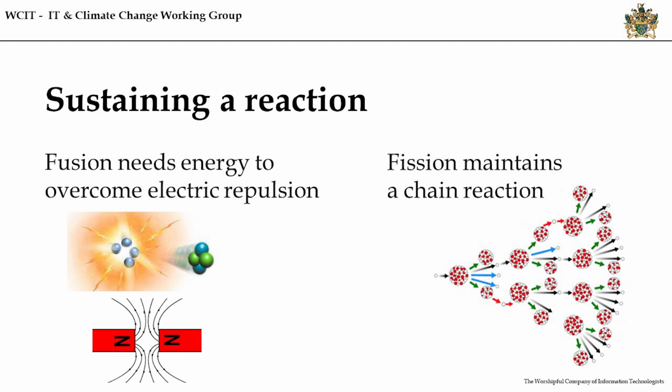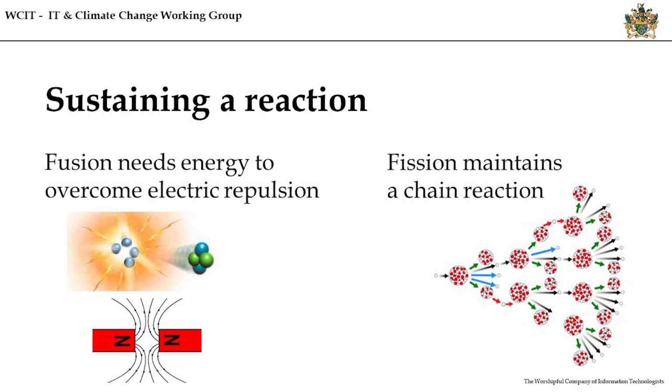So if you have a uranium atom, you hit it with a neutron, it will split. And when you split a uranium atom, it's not an easy split often. It's like trying to split an Easter egg. So sometimes if you split an Easter egg, it comes out in two perfect halves, but more than likely it comes out in little bits. And so when you get your uranium atom and you split it up into these little bits, you get more neutrons. And that neutron then can go on and hit another uranium atom and split again.